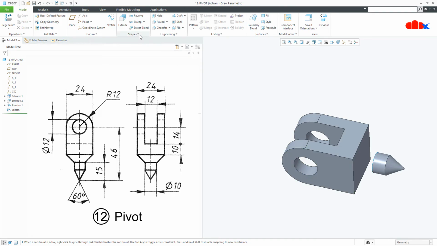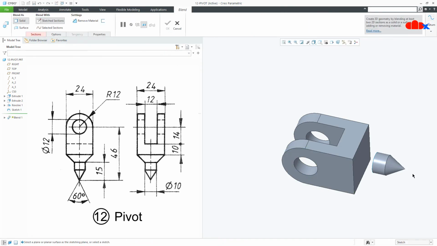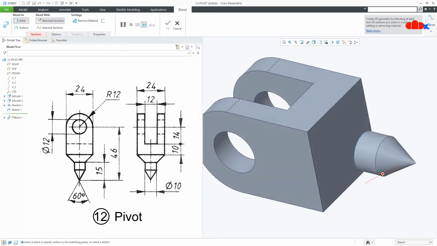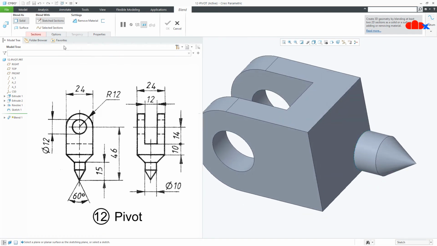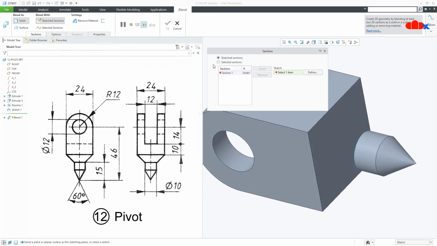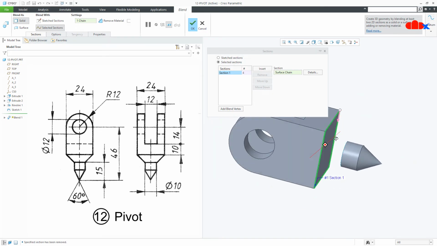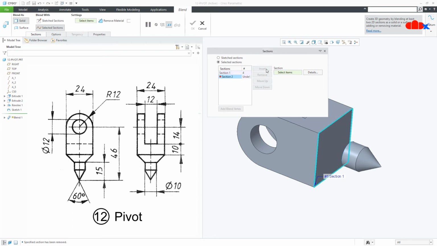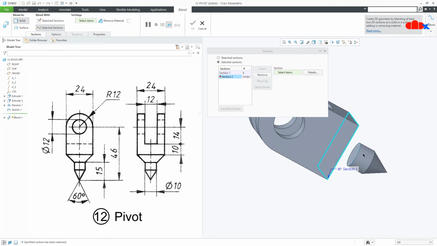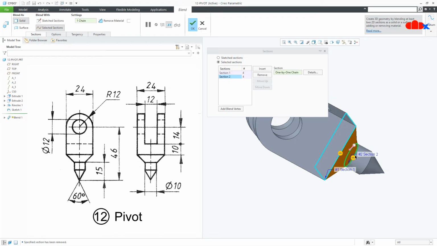Now I'll go to blend, go to sections, selected sections, select this edge, hold the shift key and select all the edges. Then you go to insert and select this sketch.